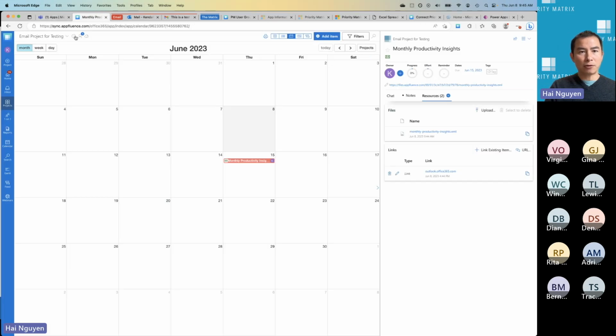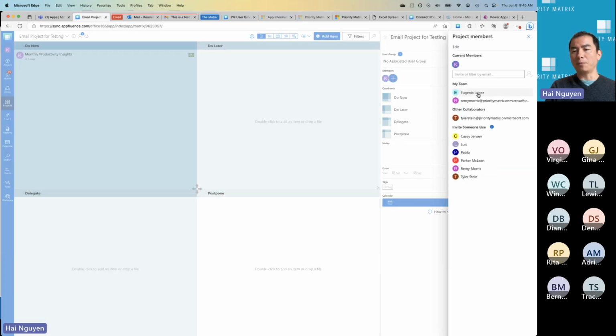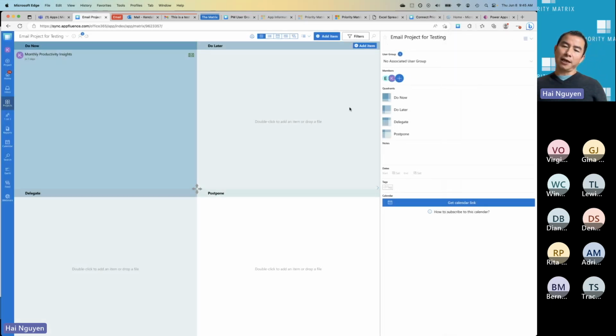And so I go back to Party Matrix here. And what I'm doing is I'm actually going to open the project details. And so I go to this project details, and now I'm going to invite a teammate to my project. Okay, so now the use case may be that you're going to have a project inside Party Matrix for customer